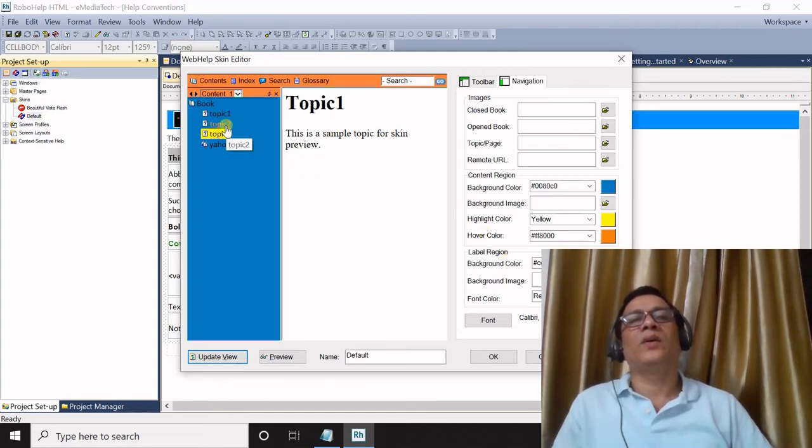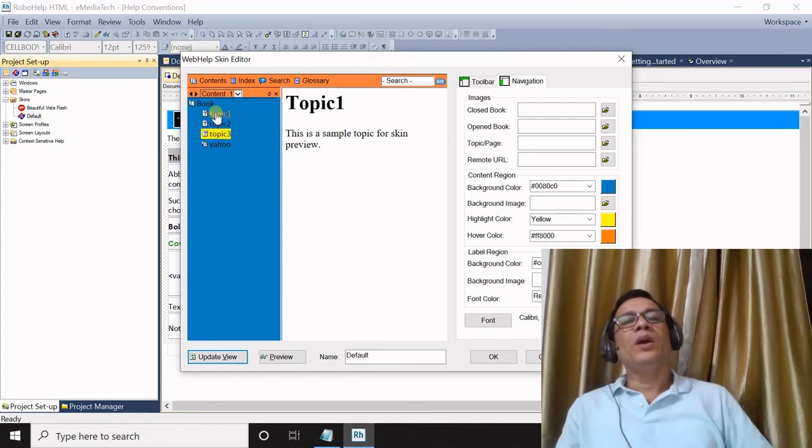Now the hover color. Hover color means wherever I am hovering, the color of these links changes. It's advisable that you use a different color for highlighting hovering behavior, because by this it will be easy to understand that you are hovering here or going here.